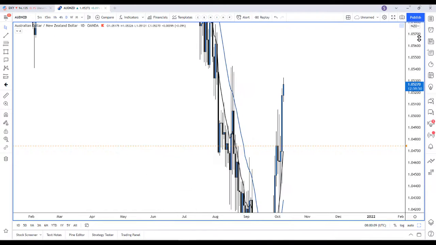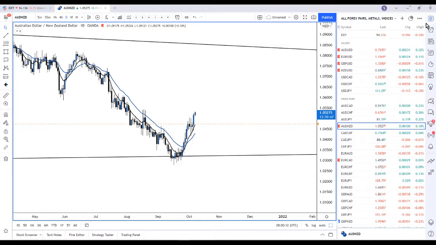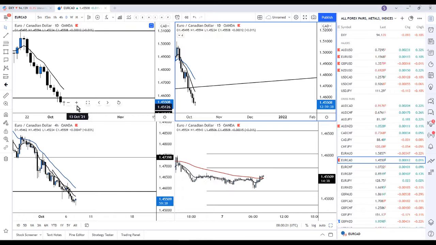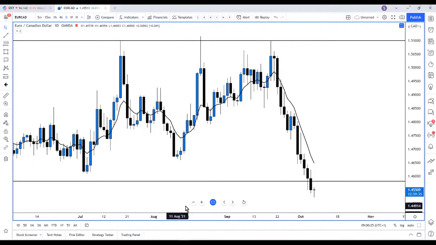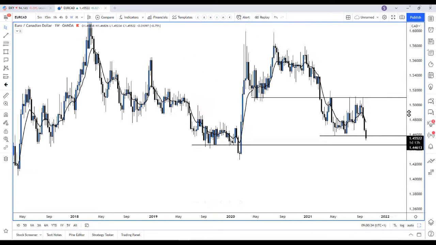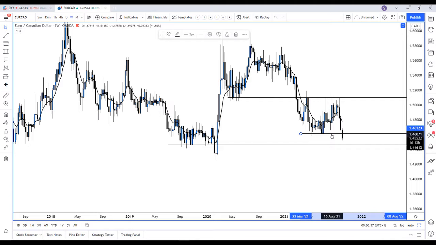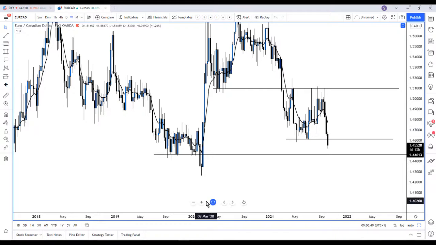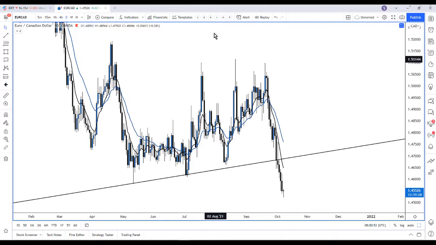See what you think. What else is interesting today? EuroCAD. EuroCAD very, very bearish at the moment. Very bearish indeed. Just want to show you the bigger picture. So we had support there, look, false break there, and then we had the lowest close was here. Now actually, this is a weekly time frame, but we're actually way below that level. And when you look at the hourly, if I just show you,